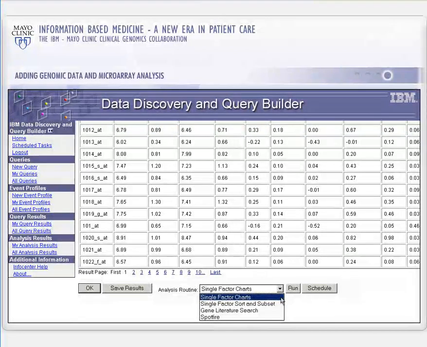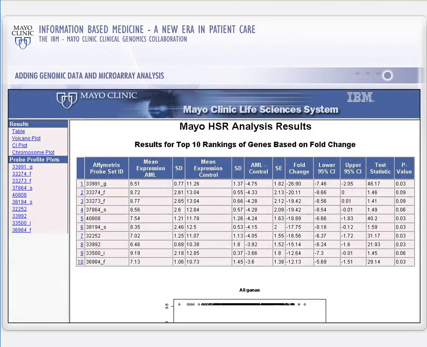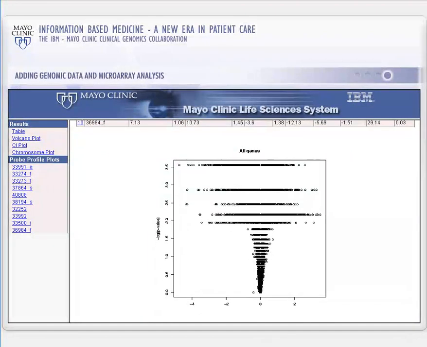He selects the single-factor charts routine and runs this with a specific request to return the top 10 genes showing the greatest fold change between disease and normal state. In the first figure, the so-called volcano plot, he can see that a number of genes show marked differences in the log change expression, either downregulation, shown on the left, or upregulation, shown to the right of the 0 on